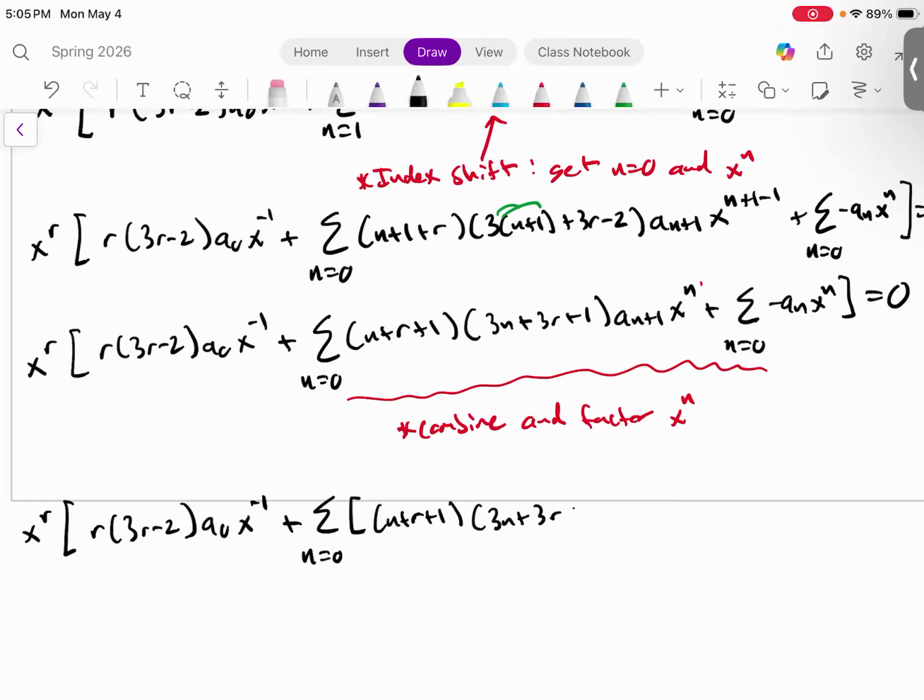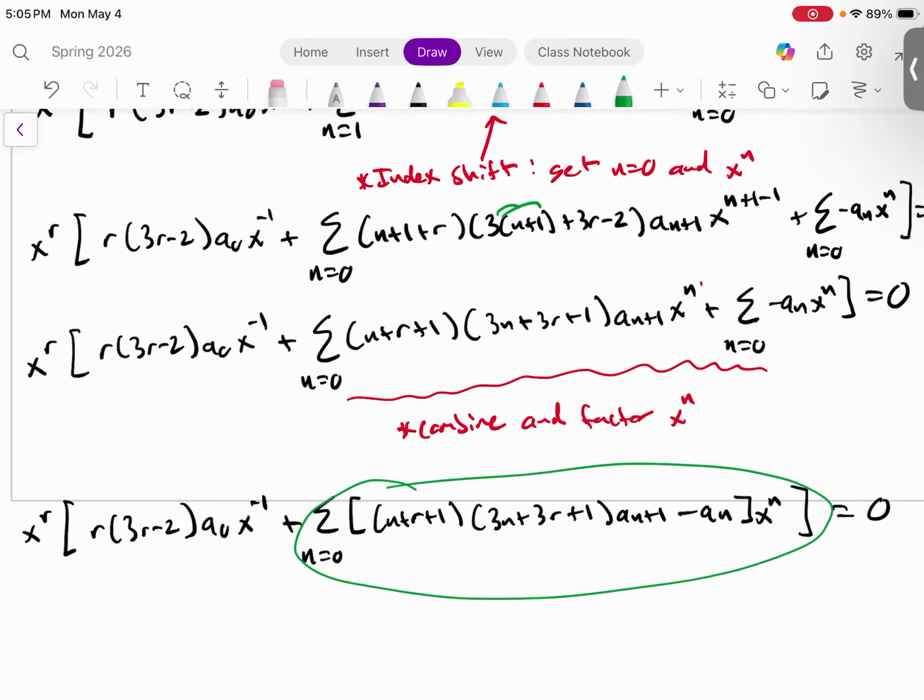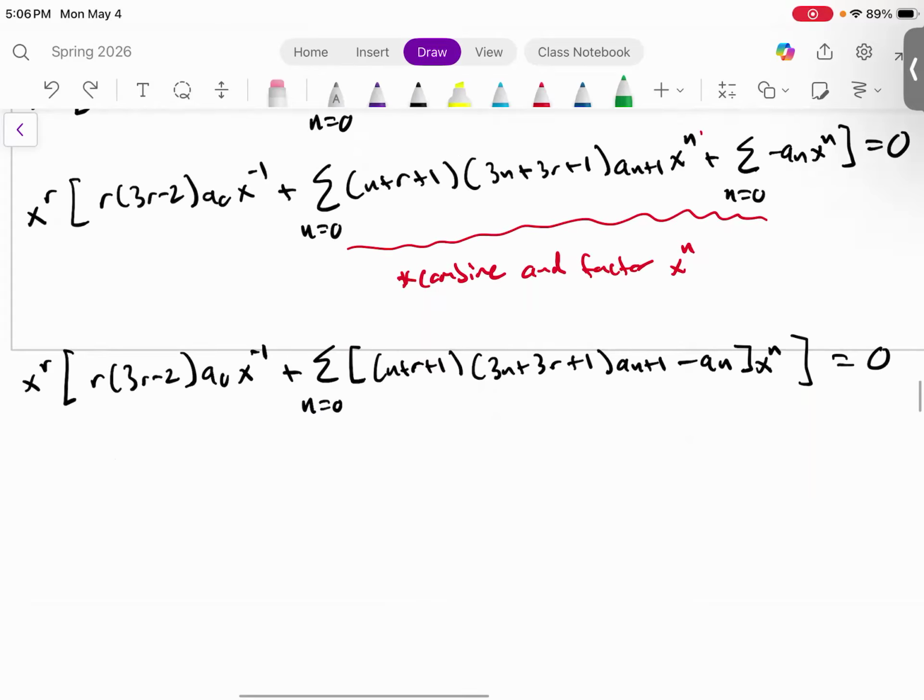So just rewriting my terms down, a sub n plus 1 minus a sub n, all times x to the n, all brackets equals 0. Okay, so we combined all this into one power series, n equals 0, x to the n. A lot of our work went into getting to this part right here. So now that we're at this one power series mark,